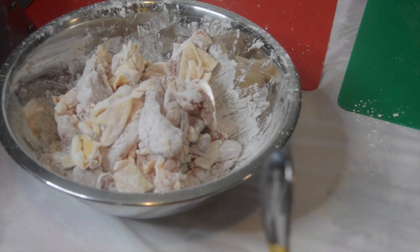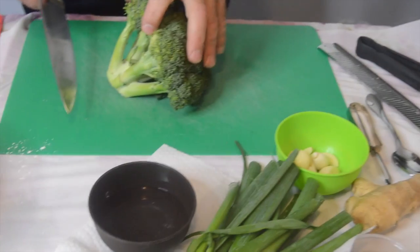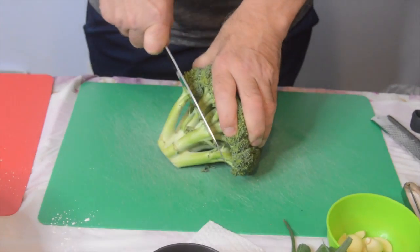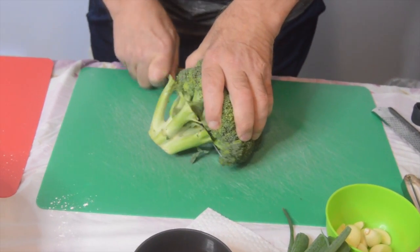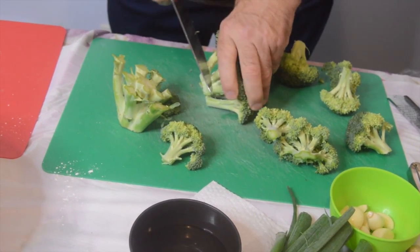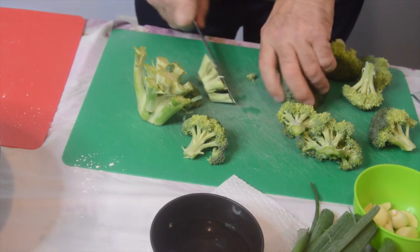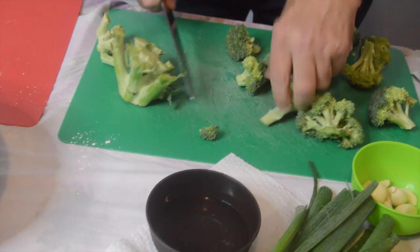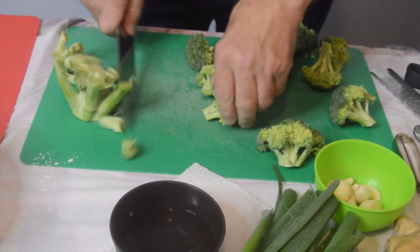In the meantime, let's start on our broccoli. We're just going to slide over to a brand new cutting board because we don't want to cross-contaminate. I am just going to cut this piece right here off. And I'm just going to cut it into little florets. Slide these pieces to the side. Cut that. You want it to all be kind of uniform because you have